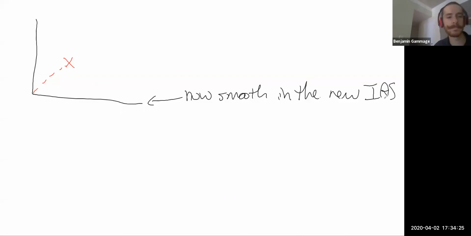The idea being that I've taken a singularity here that has some kind of monodromy around here, and now that I've done this, I could choose a different branch cut, say,